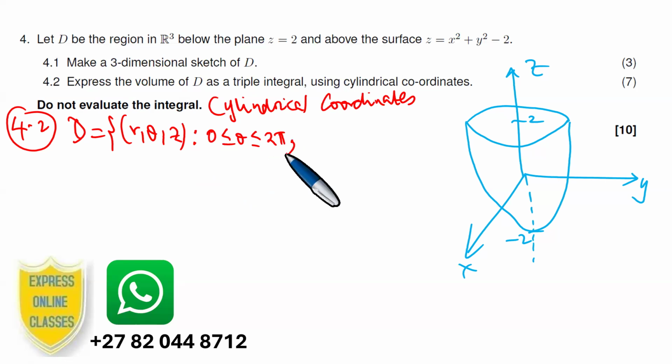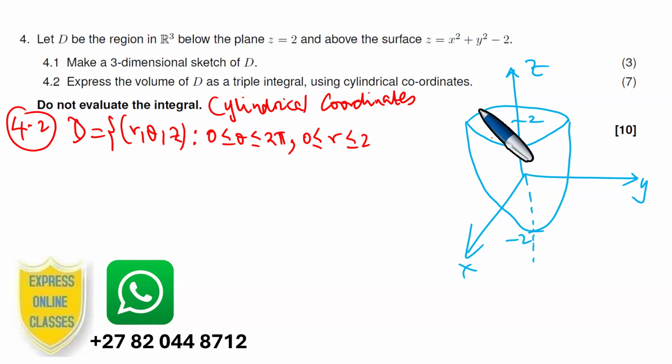And then 0 is less or equal to r. Because now the r, theta, it's the radius we were talking about. It becomes the radius we were talking about there. So you're going to have that the radius we're talking about is between 0 and 2. In view of something called the XY projection, we're going to discuss the XY projection, which